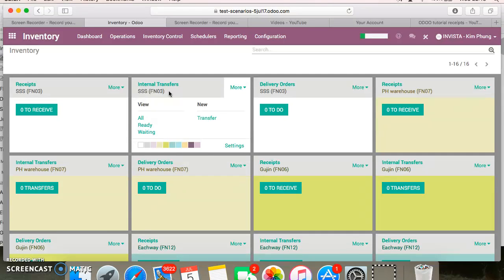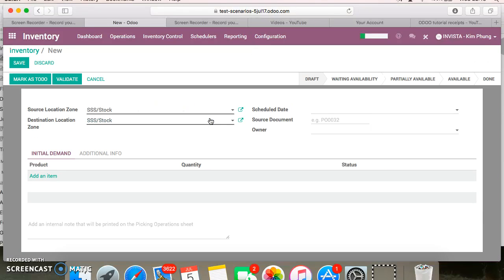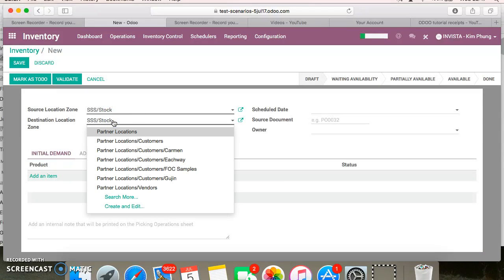And it could also be a replenishment. When we replenish Gujin or Carmen or any of these customers, we would do an internal transfer. So source location, zone, SSS stock, destination,